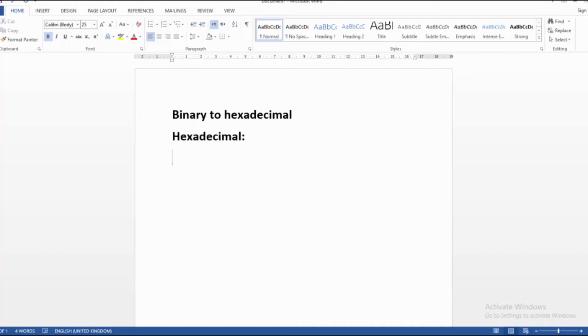So in the hexadecimal system, the digits 1 to 9 are the normal numbers, right? But after 9, we find 10, 11, 12, 13, 14 and 15. There are other numbers beyond 15, but according to the Cambridge computer science syllabus, we will only study till 15. So in hexadecimal, from the 10th number we have the codes: 10 has the value of A,